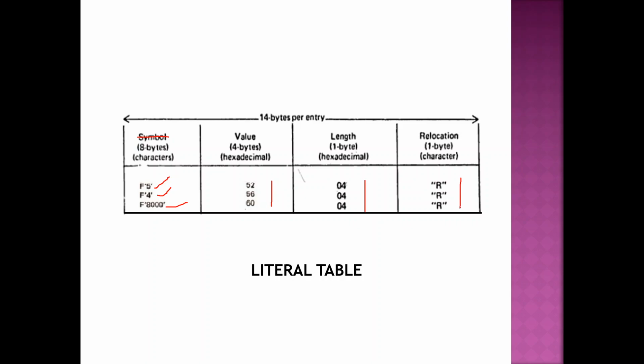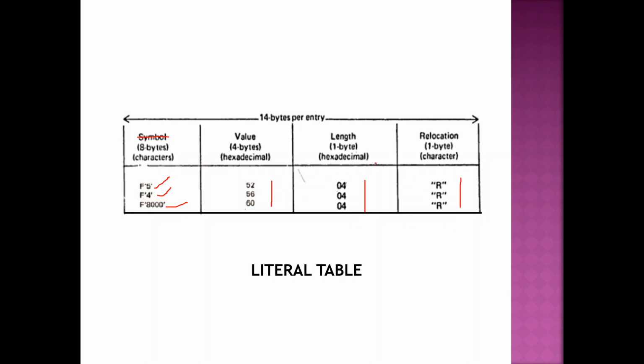Whenever you're writing these tables, it's a very important question. Definitely, this question will be asked: what are the databases used in your assembler? But you don't have to worry about filling the table. Just write the structure of the table and it's enough. If you remember, you can fill it up; otherwise, don't worry about remembering these values. You can write your own random examples, but it is okay to just write the table. Make sure you give all the lengths, how many bytes it is using, the total bytes, and all the columns. That is more than enough. For this question, to draw 5 tables, they can be empty, not an issue.